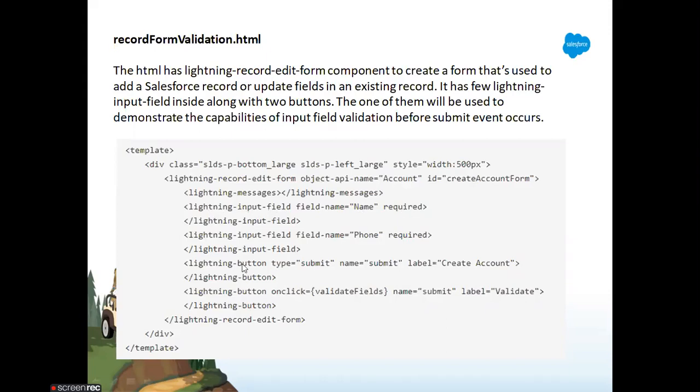Now you can see we have a button over there, a Lightning button that is used to submit.